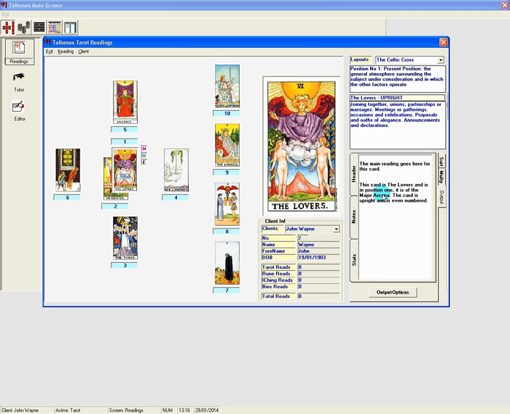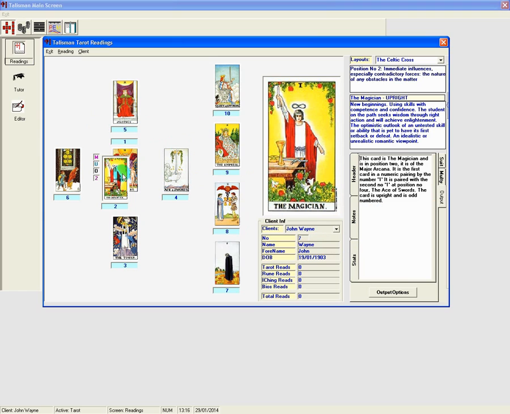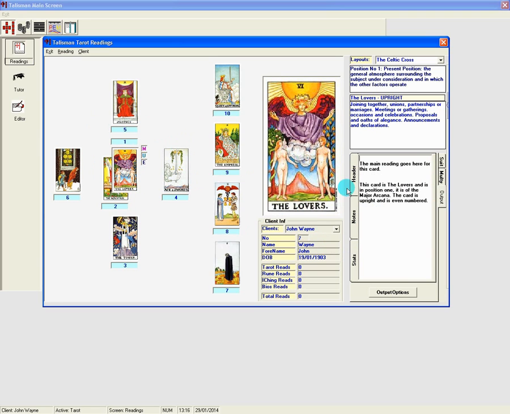And just to prove it, there it is. It keeps the information that you put in there. You can replace the information that's in here,